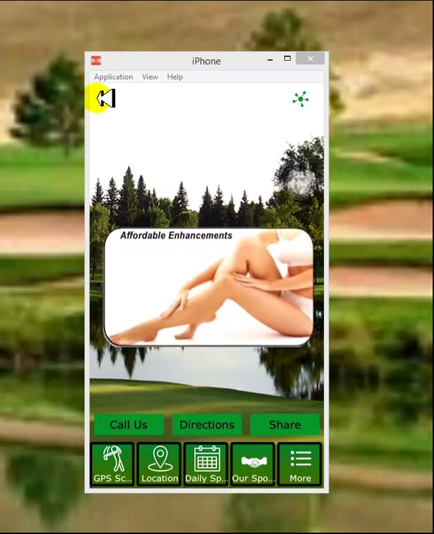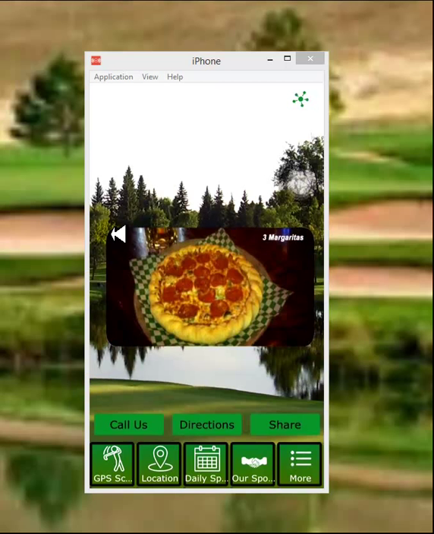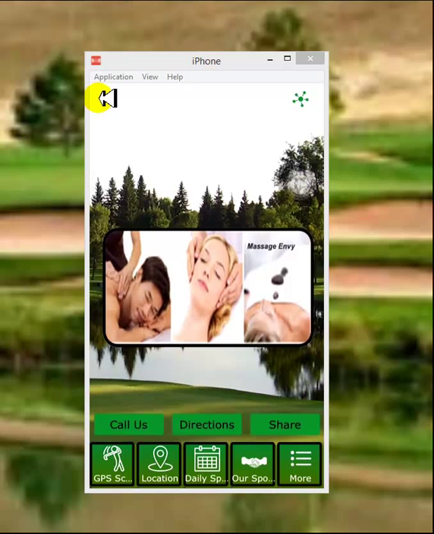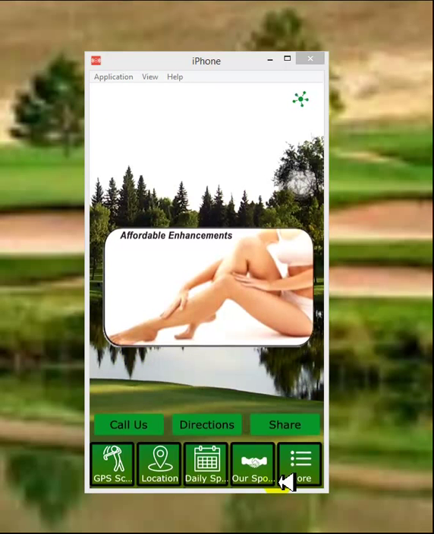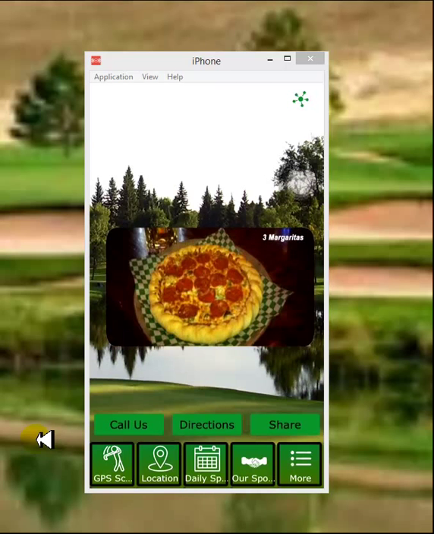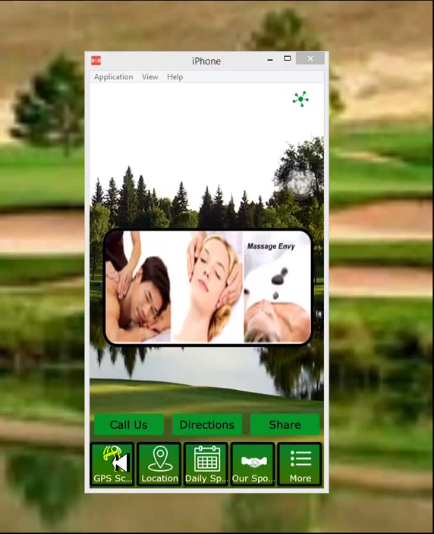We can have the buttons along the left side here or the right side, or we can have a little icon in the top that causes all the tabs to pull down whenever we click on that tab. So there's a number of different ways we can do that. We've chosen just to do the ones at the bottom for this version of the app. So the first thing I want to do is show you the GPS scorecard tab